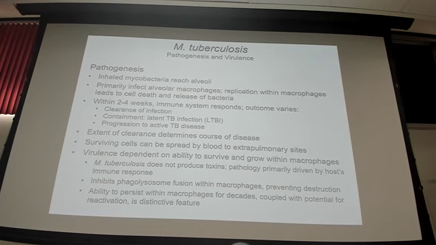It is possible to clear the infection right away, depending on the infectious dose, how much bacteria you inhale. But most of the time, if you inhale a sizable or appreciable infectious dose, these bacteria will replicate because they're intracellular bacteria and they survive, with ways of escaping death in macrophages. So they'll replicate, and if they're not cleared within a month, you can start getting some involvement with the adaptive immunity, and that contributes to the pathology of this disease as well.